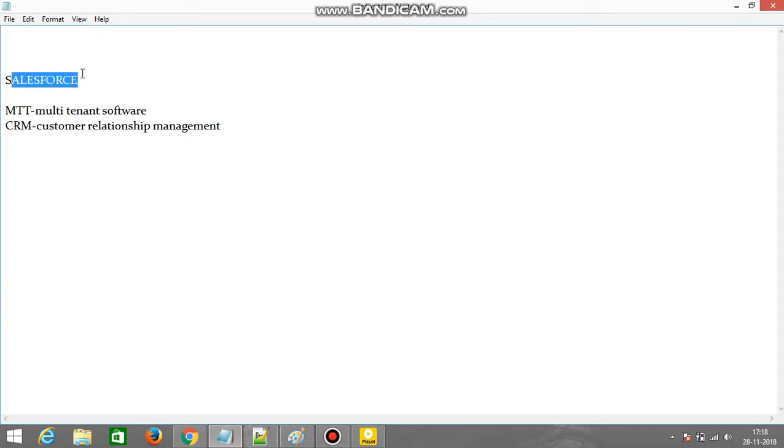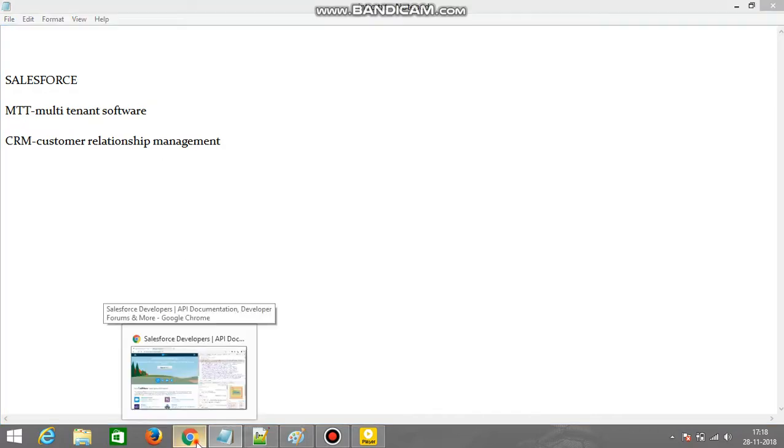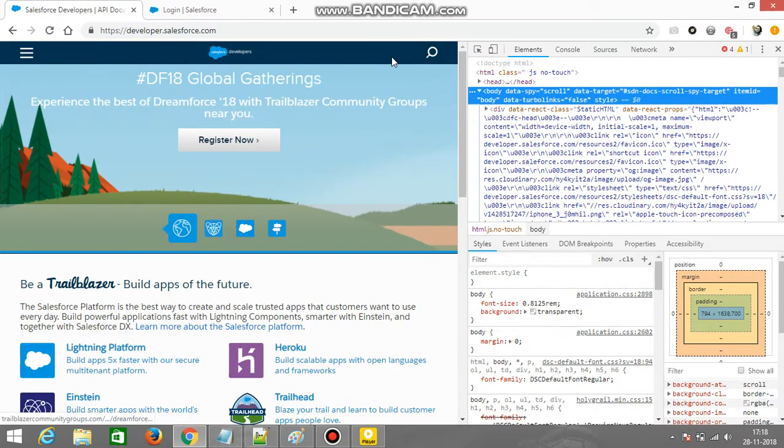Okay, today we are going to learn about Salesforce. Salesforce is multi-tenant software, which means all other companies are able to use the Salesforce software. It is also a customer relationship management tool, which I will discuss later on. Right now I will show you how to log in to